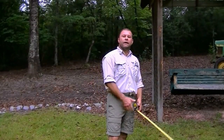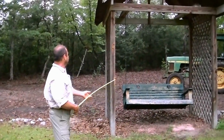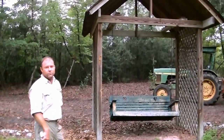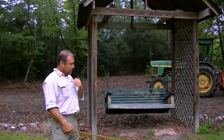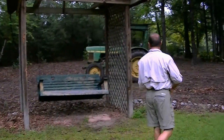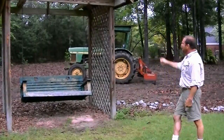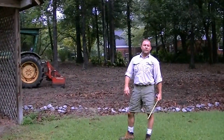Hey, I'm Mark, and we're going to be converting this old covered porch swing into a chicken coop today. It's going to be roughly 7 foot by 7 foot, and we're going to try to house around 20 chickens. We're going to have a covered run on the back side, and we're going to let y'all watch as we